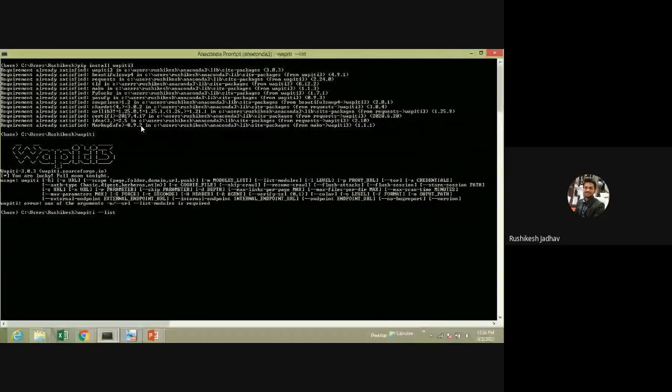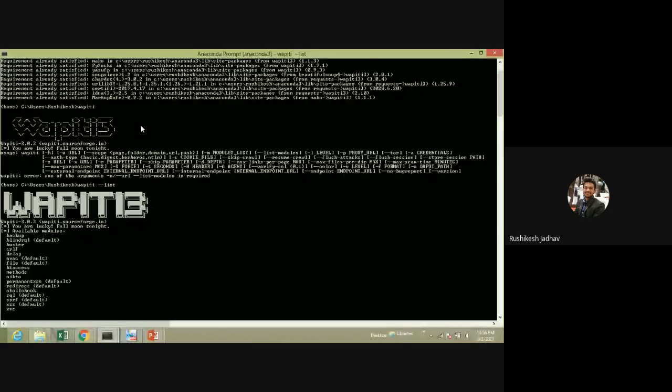To see the various modules of Wapiti, check using wapiti --list.